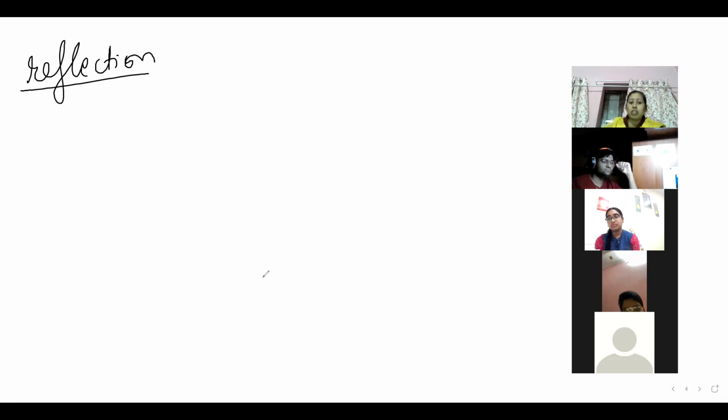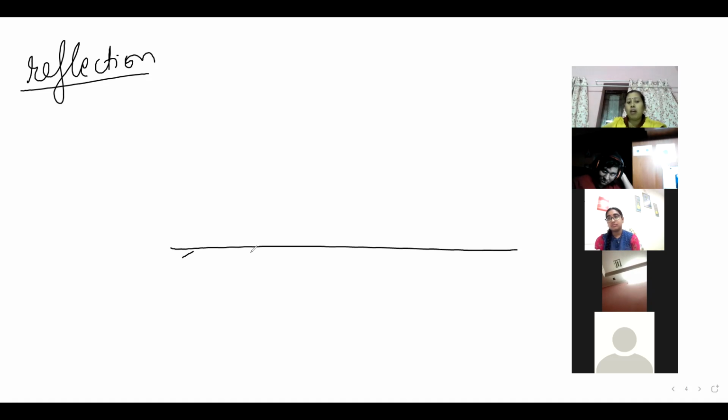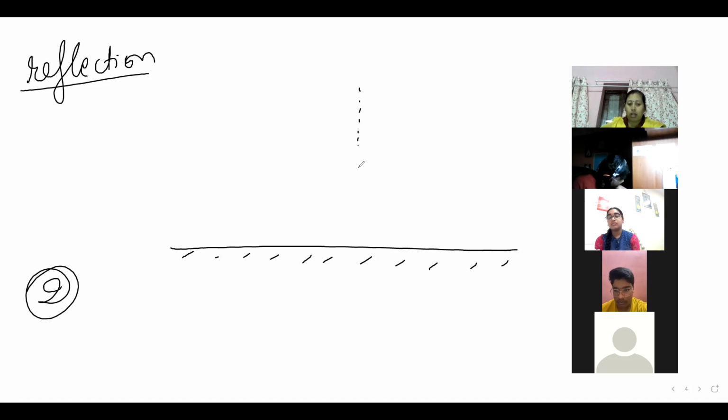Correct. So reflection means that for any polished surface, there are two laws of reflection. I have already taught you about the normal. What is normal? Who will tell me? This thing I have taught you, in Coulomb's law, first chapter, flux. Normal is a line that is perpendicular to the surface. Correct.